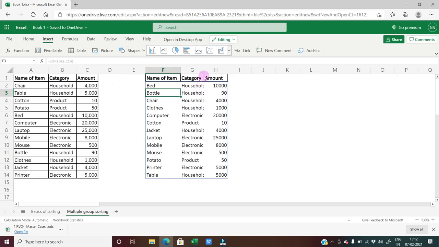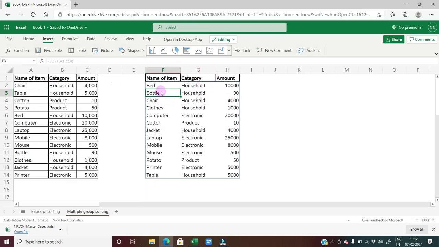So if you see, this is getting sorted by the entire thing, and it is sorted by the first column because we did not put any other condition. It is getting sorted by the first column, which is the item name. Say now I want to sort it with some other column, for example the amount column. So the amount column is number 3. Item is number 1 column, category is number 2 column, amount is number 3 column. So if I put 3 and press enter, then it sorts by the third column.